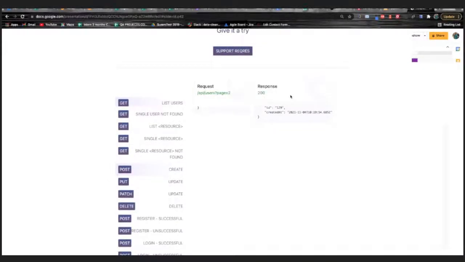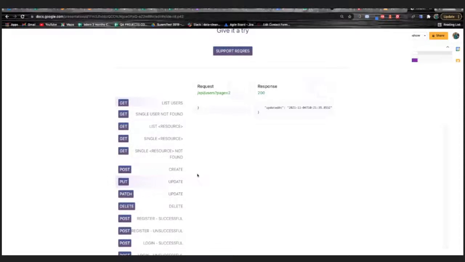Morpheus was created and given a job role as a leader, and an ID is being created. So this is an existing API. I will teach us how to create our own API. Majorly the developers write the API, but there is nothing stopping you as a tester from creating an API. So then if I click on this